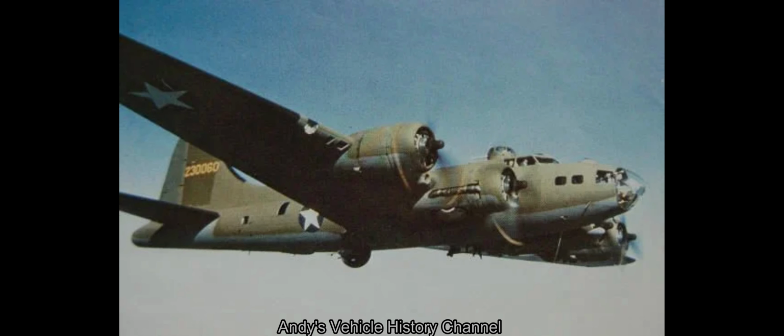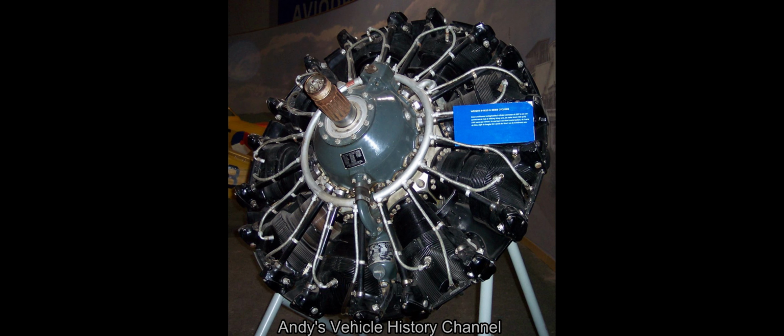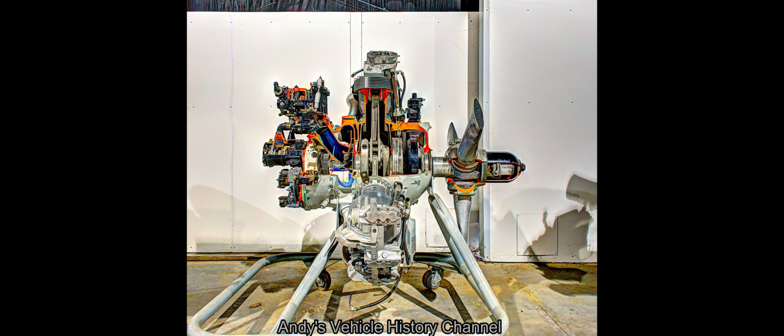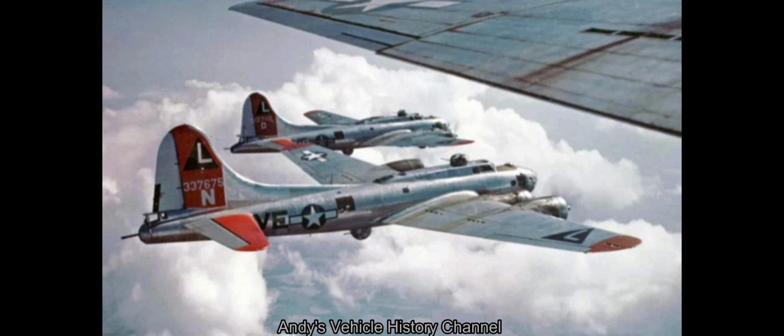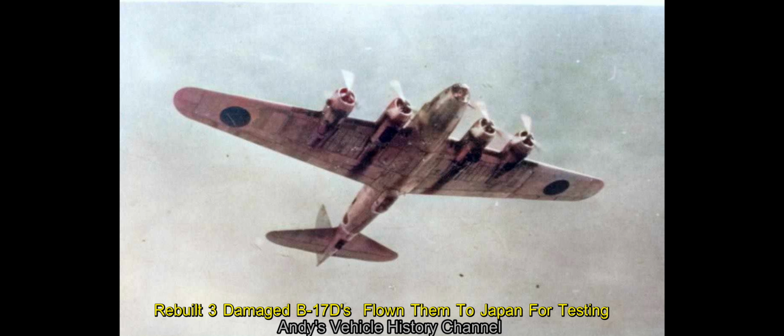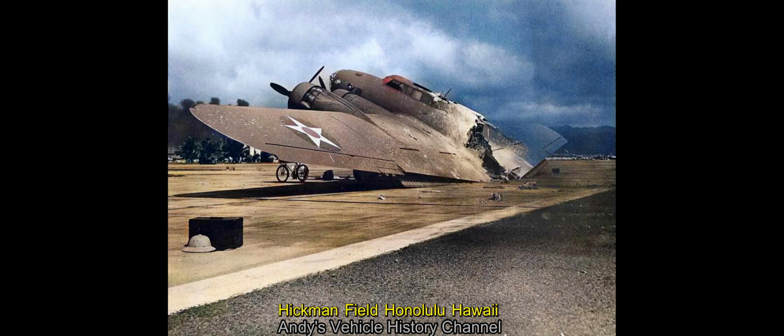Flying Fortress stats: type, 4-engined heavy bomber; crew, 10; power plant, 4 895 kilowatt (1,200 horsepower) Wright R-1820-97 Cyclone 9-cylinder radial piston engines. Performance: max speed 295 miles per hour, service ceiling 35,600 feet, range 3,160 miles. Dimensions: wingspan